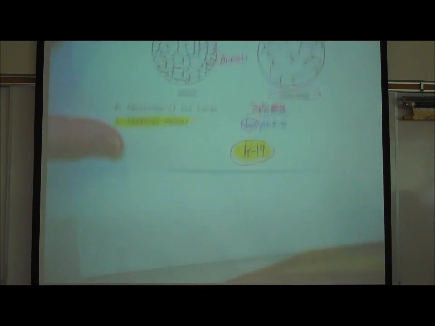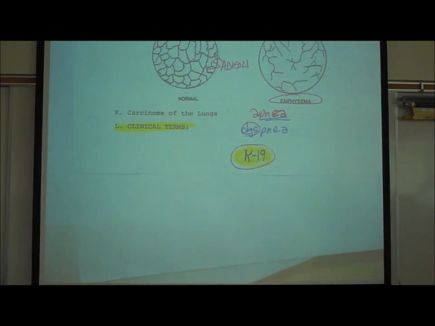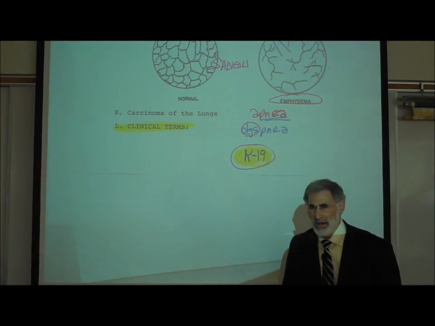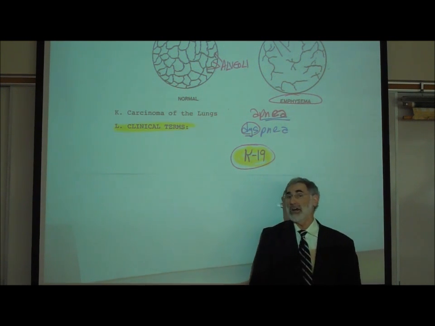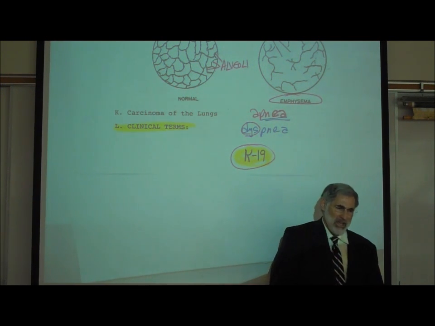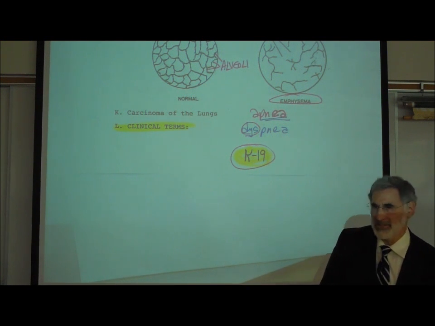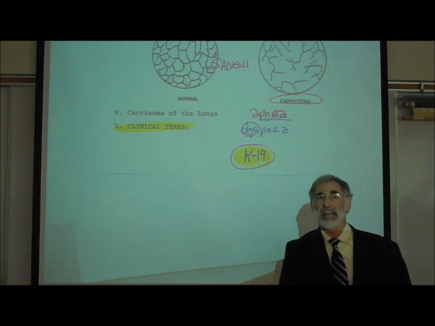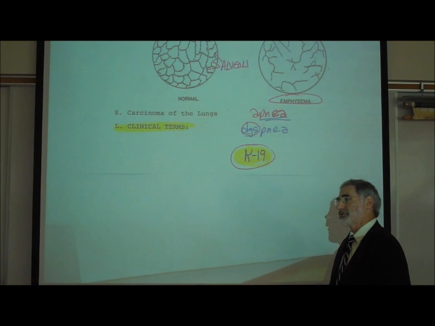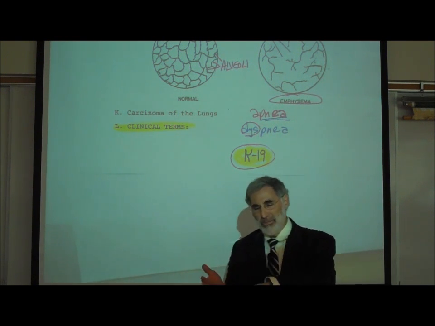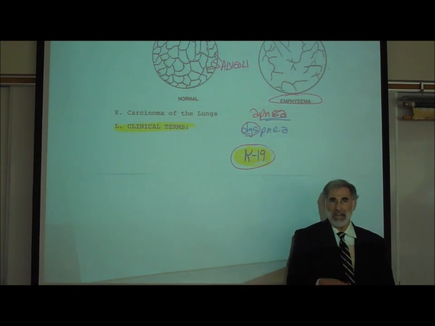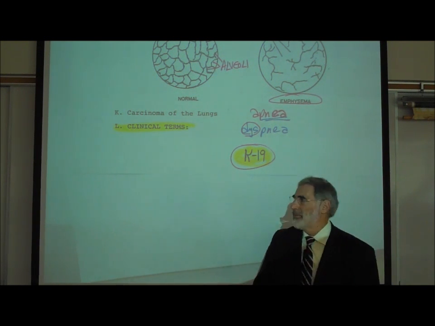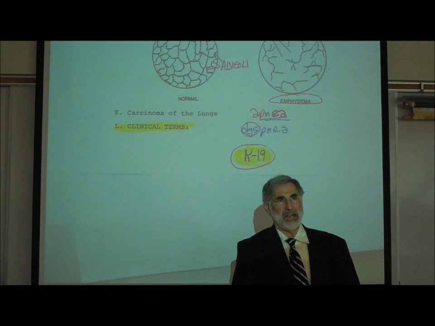At the bottom of the page, carcinoma of the lungs. Carcinoma of the lungs is lung cancer. We've previously mentioned that lung cancer is the #1 cause of cancer death. It is not the most common cancer. The most common cancer is skin cancer, but that does not usually result in death. Because when somebody notices something doesn't look right on the skin, they go to a dermatologist and they remove it. But in the case of lung cancer, by the time somebody